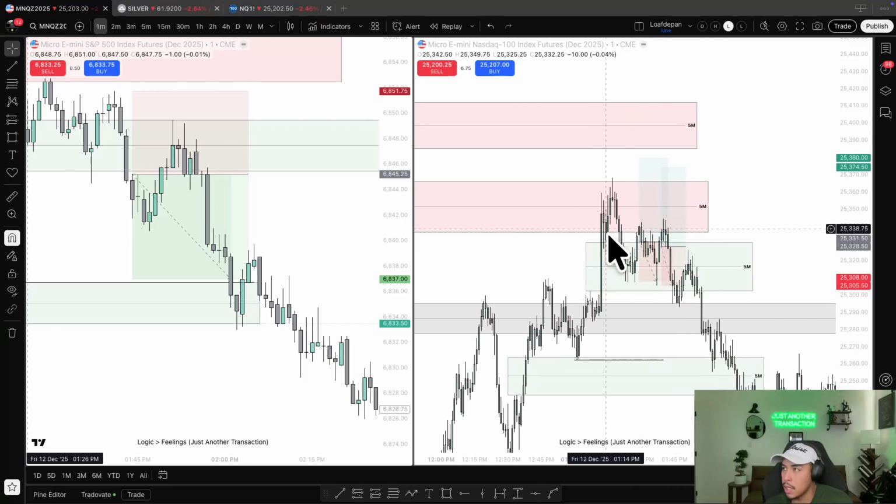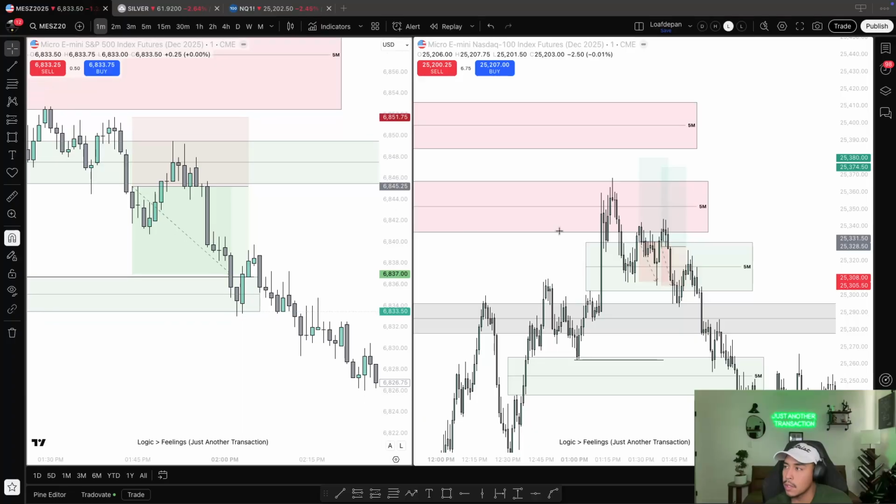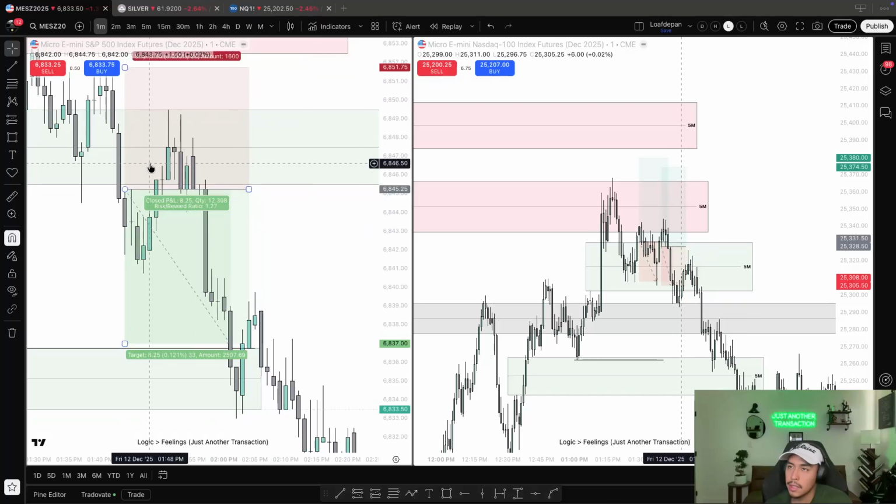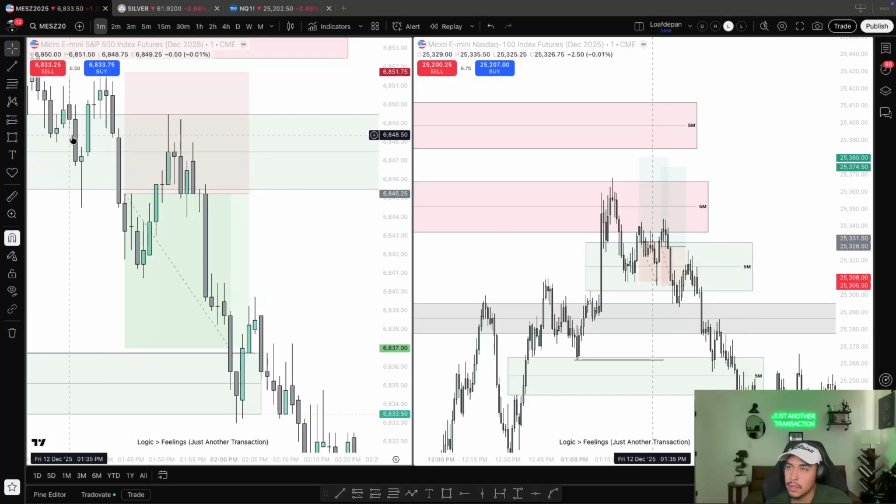Something to keep in mind, we were down close to 2% on the day. So, being more conservative, that's the reason why I only used 1 micro and then 2 micros. So it didn't lose me a lot of money, right? And so here, back to this trade, I really like the fact that we had this beautiful setup here,